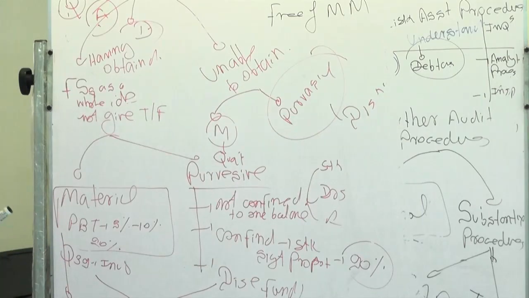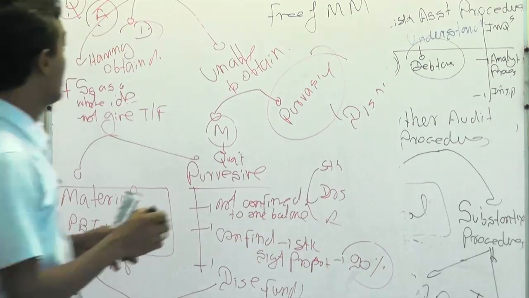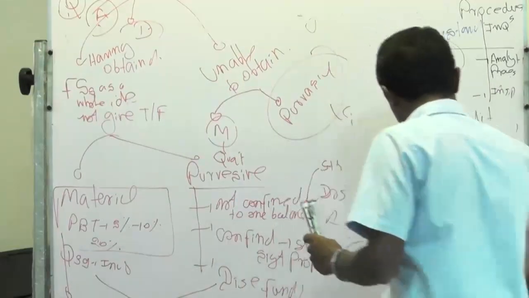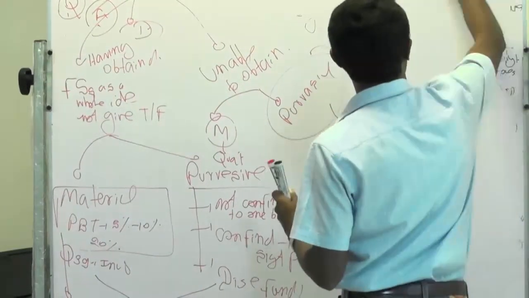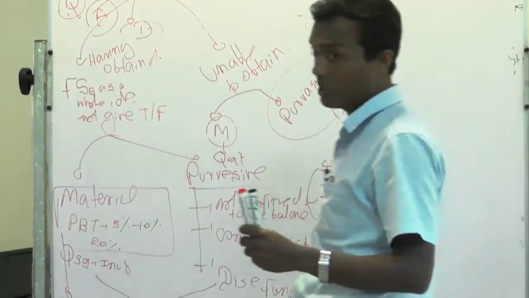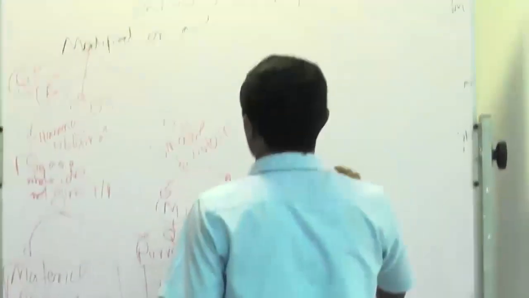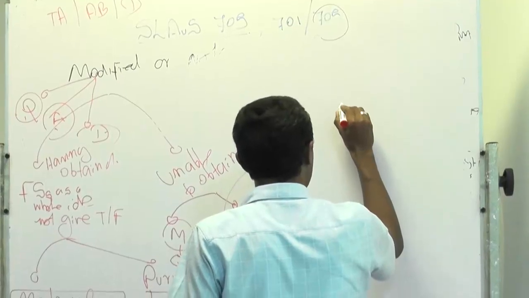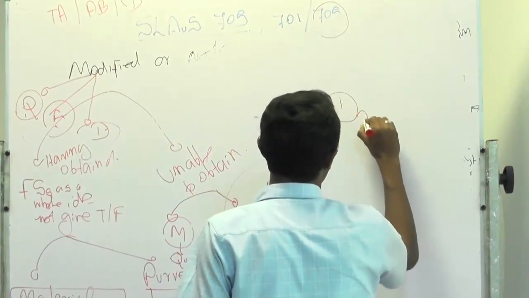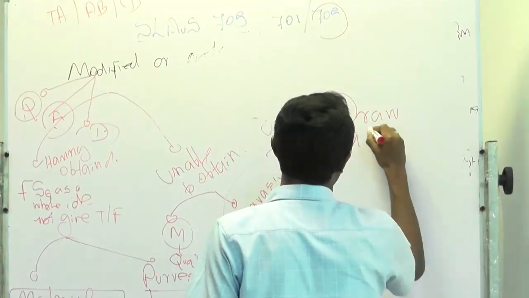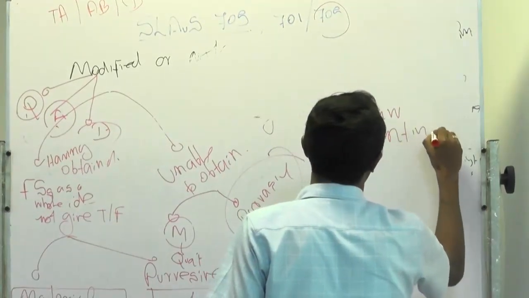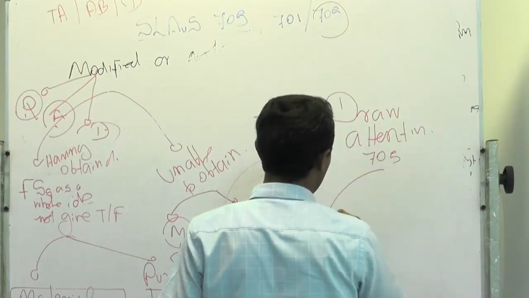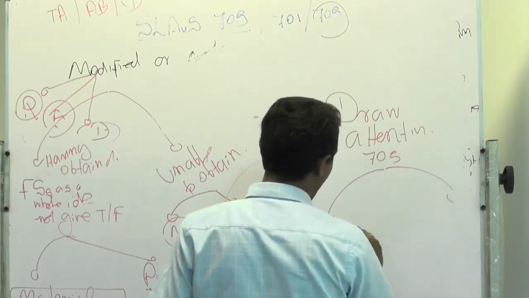Then the last point. There is another question in the pilot paper that I will take up. Although that is an area that requires a discussion, in the interest of time to complete this discussion I will explain it quickly, but I recommend you go through that. So, auditing standard number 705 deals with 2 matters. Let us put it this way, I want you to write: there are matters where the auditor can draw attention, right. When you say draw attention, there are 2 matters, emphasis of matter and other matters, right.